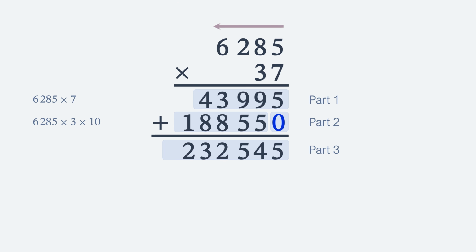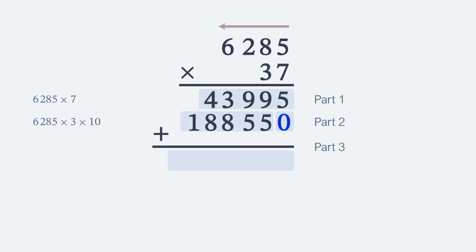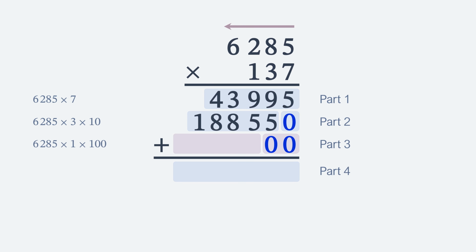Okay, but what do we do if we need to multiply a multi-digit number by a 3-digit number or by a 4-digit number, and so on? In accordance with the procedure for multiplying, we need to multiply each digit of the bottom number by each digit of the top number. So, if we need to multiply by a 3-digit number, we get the third answer line, because we also need to multiply the third bottom digit by each digit of the top number, like we did before. And we need to shift the result of multiplying by the third digit by 2 zeros, because the third digit is in the hundreds place.